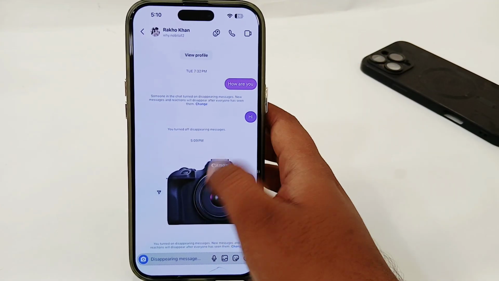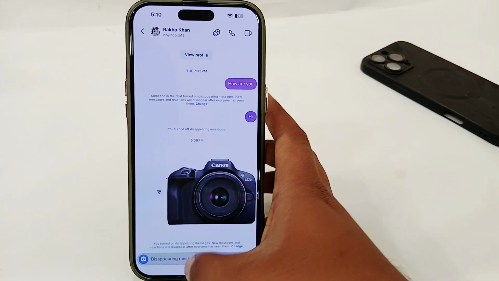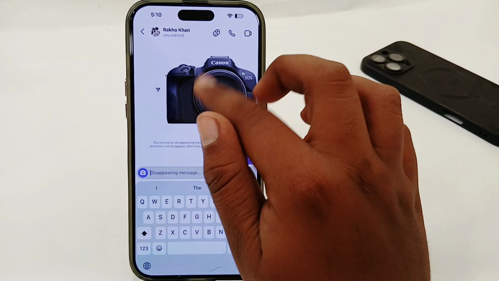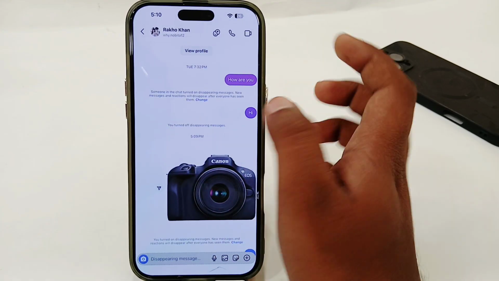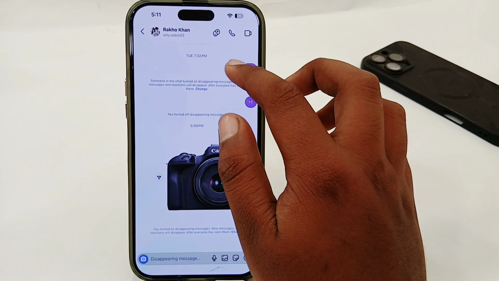Now, whenever the person sees these messages, they will be completely removed from the chat. So the person can only see this message one time. Whenever they try to see this message a second time, it will not be available. So in this way, you can easily delete all messages at once, or you can also delete any single message